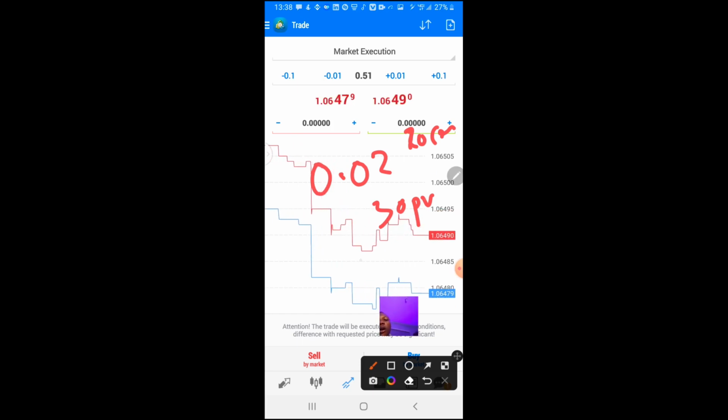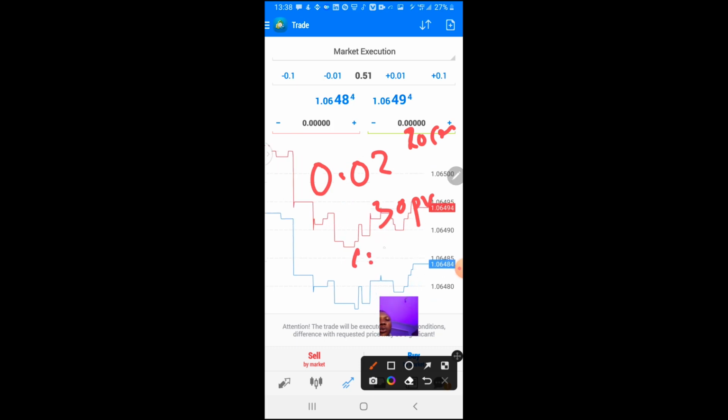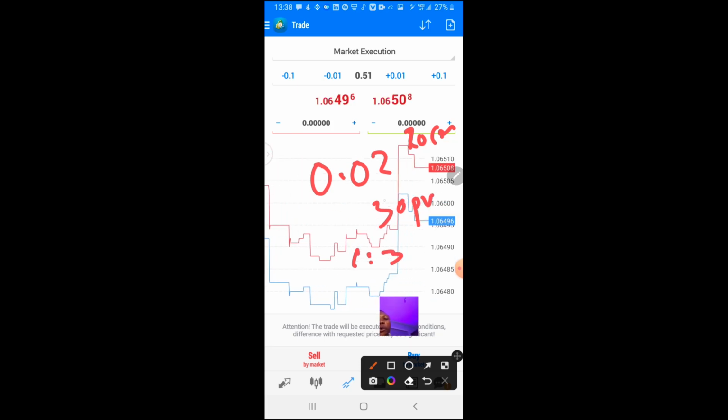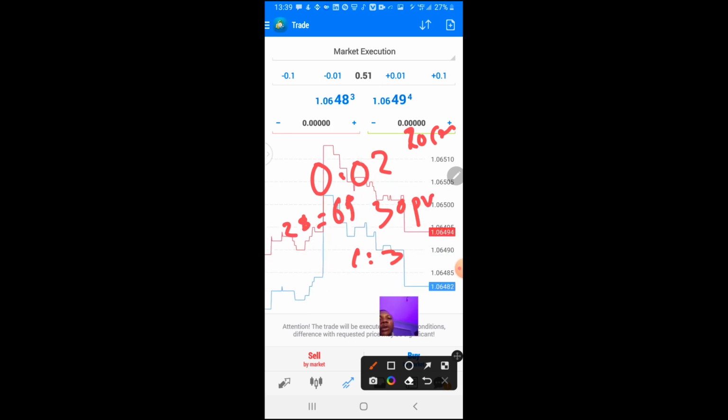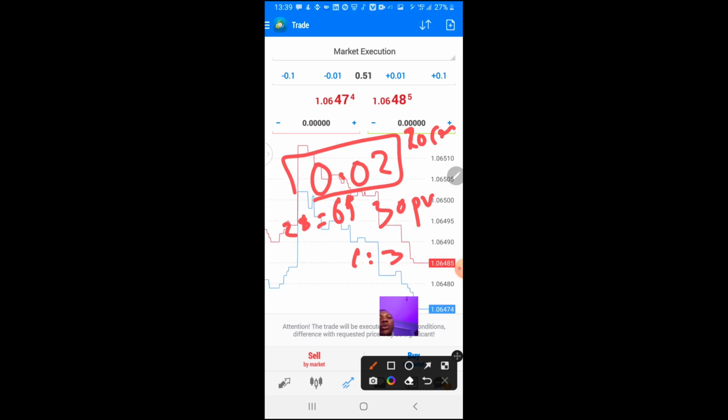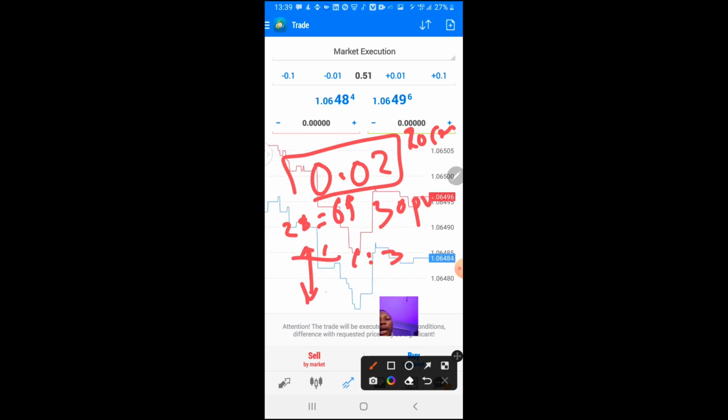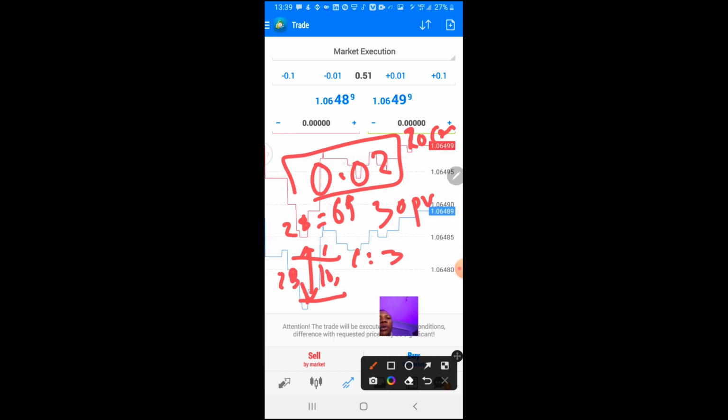In this trade of 1:3 reward ratio, you will say, okay, I will be risking $2 of this account to be able to get $6. How do you risk it? You come to your lot sizing. You can put 0.02, saying that for me to lose $2, the market needs to go negative 10 pips if I was buying. Instead of it going up, it should come down and remove me from this place. And this 10 pips, equal to $2 according to your lot sizing,